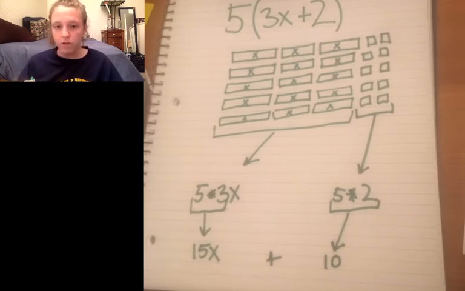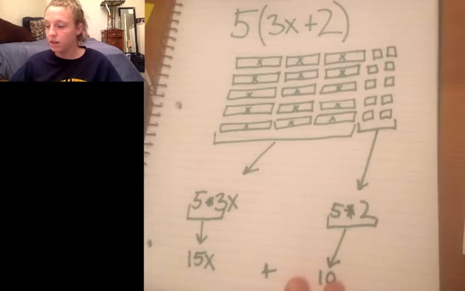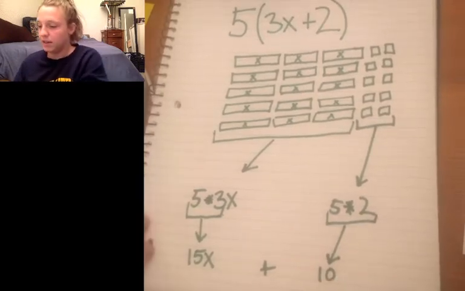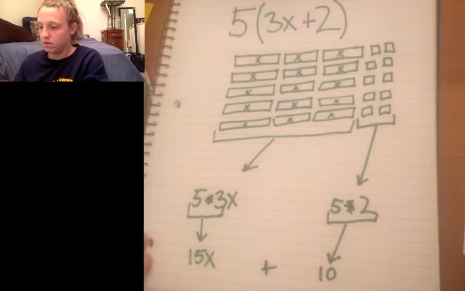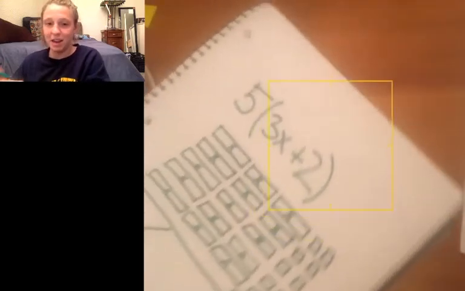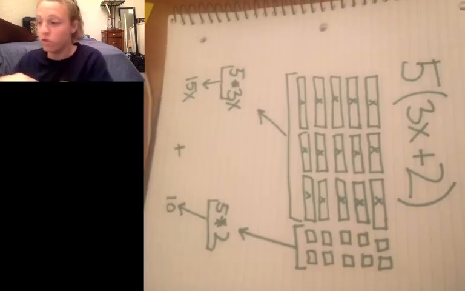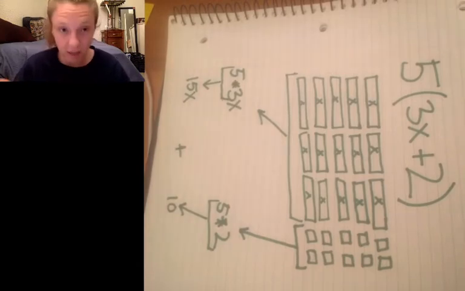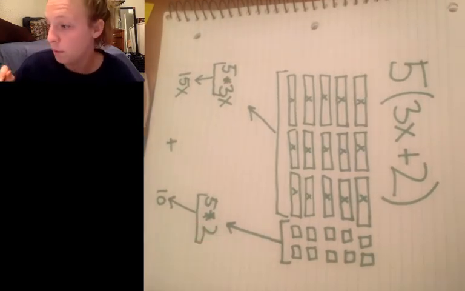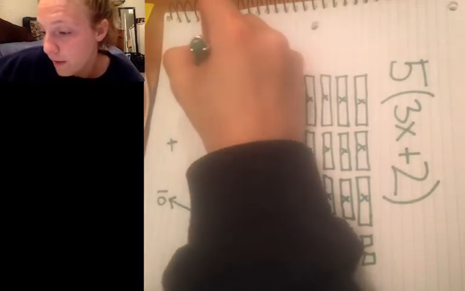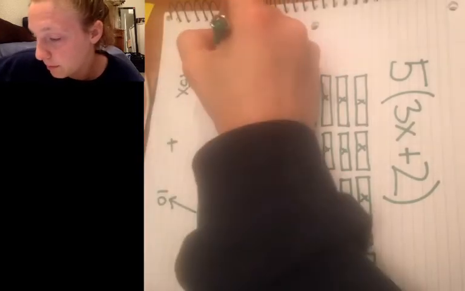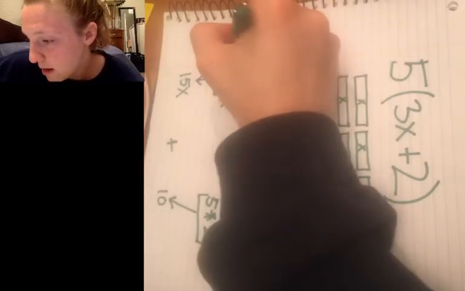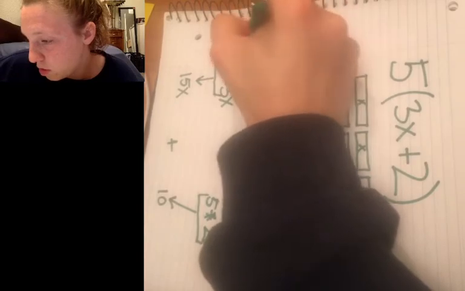So what we've shown here, and oh my god, I ran out of space again. What we've shown here is that, so I'm going to turn this sideways and write it sideways because I want it all on the same page. If you have room on your page, keep writing it on your page. Normally, what we've shown is that 5 times 3x plus 2,